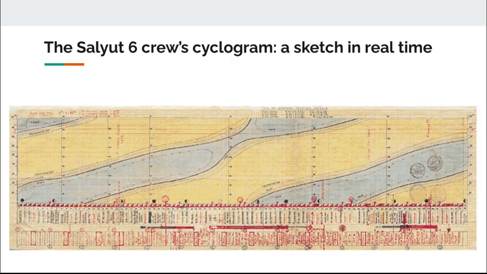So this is essentially a long piece of graph paper where for the first 10 days or so, they had plotted out all of their activities that they expected to accomplish from launch day onward. And as you can see here, initially for the first 10 or 14 days or so, everything kind of proceeded according to plan. If you look closely, though, you can see going forward that there were a lot of crossouts